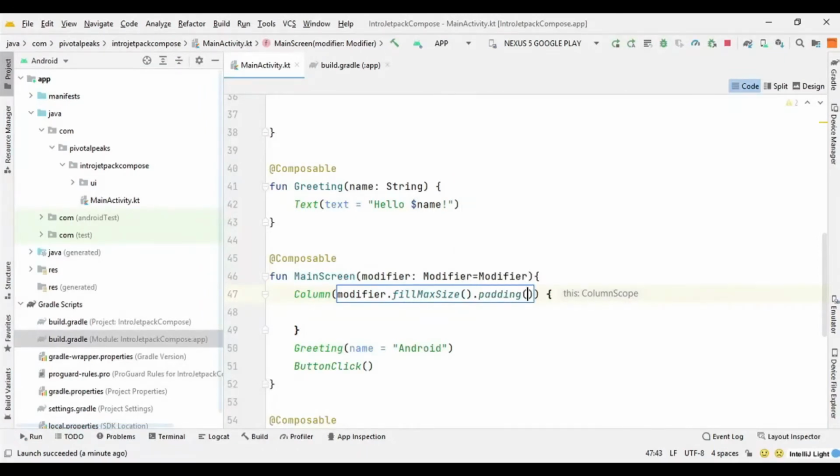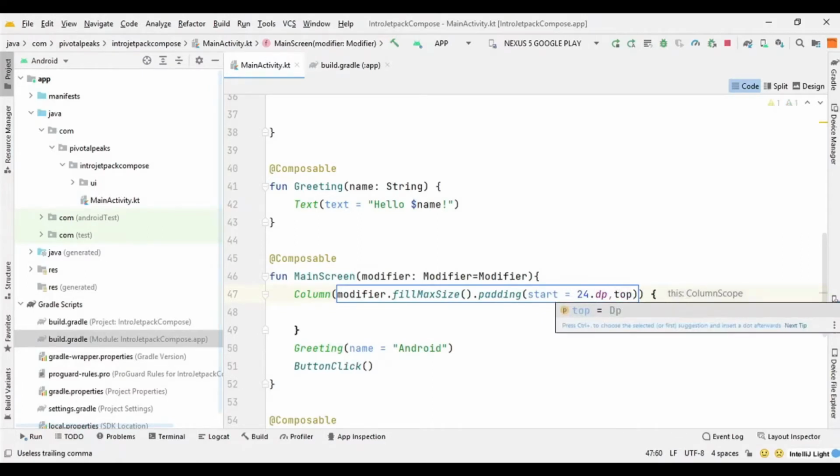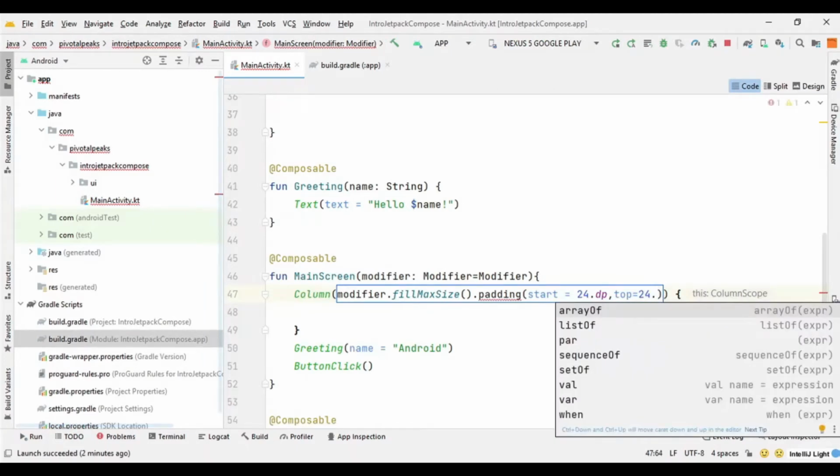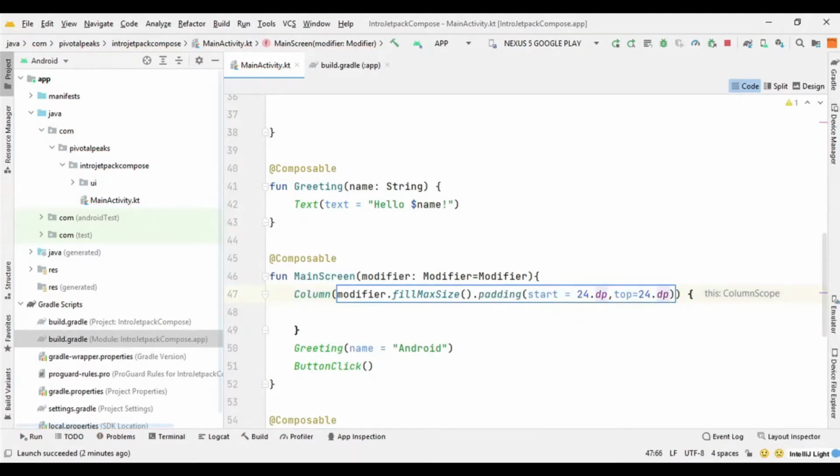There are a couple of options, so we will use the fourth option, and we can say start. Start, and we can give 24 dp of padding, and then we can say top. You can give as many parameters as you want. It is not necessary to give 4 parameters. You can just give start or top, or start and top.